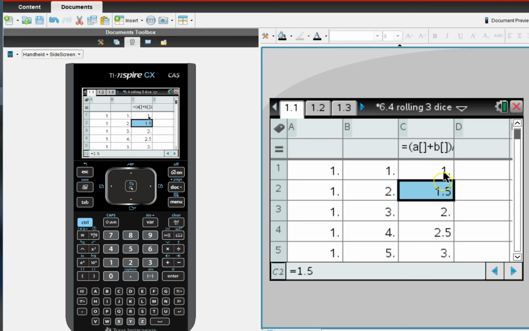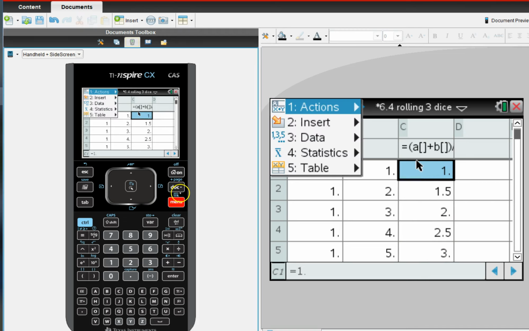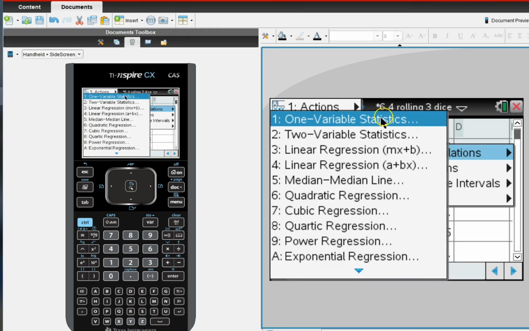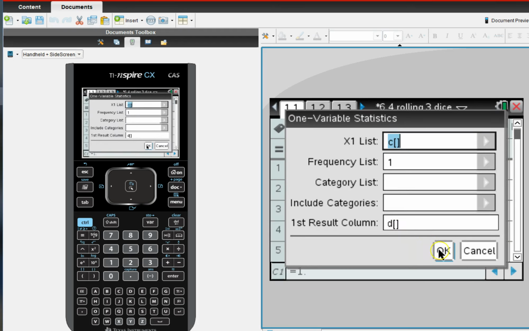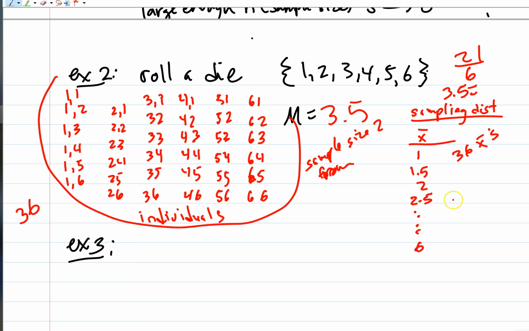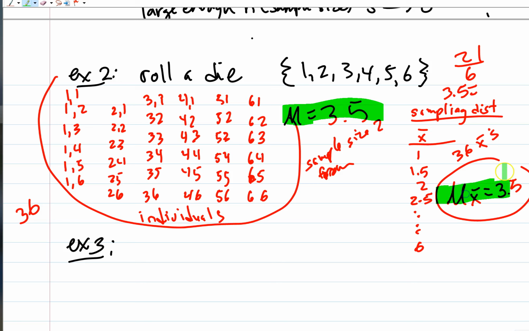All right, so what is the mean of these 36 means, right? What is the mean of all 36 means? Well, I think we can do that. Menu, statistics, distributions, no, calculations, one variable stats. The mean of our means is still what? 3.5. So the mean of our means is equal to 3.5, which is equal to the true mean there. They are equal. The standard deviation of the means,